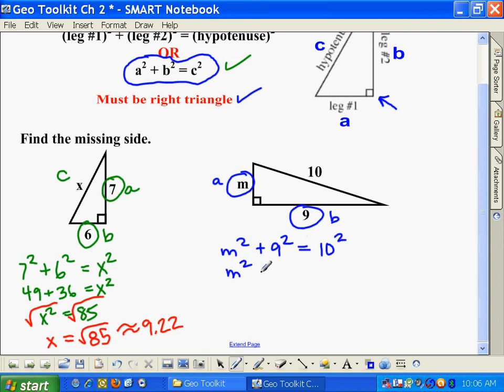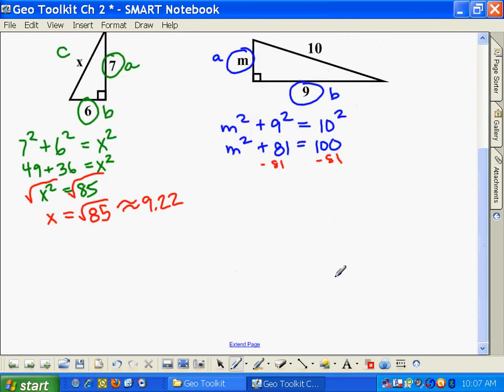So m squared, 9 squared is 81, and 10 squared is 100. To solve this one, you're going to subtract 81 on both sides. Subtract 81, subtract 81. When we do that, we get m squared equals, and 100 minus 81 is 19. Then to undo the square, we square root both sides. So m equals the square root of 19. And that's exactly what it is. Once again, you can grab your calculator and do the square root of 19. We know that the square root of 16 is 4, so this will be a little bit above 4. And lo and behold, my calculator gives me